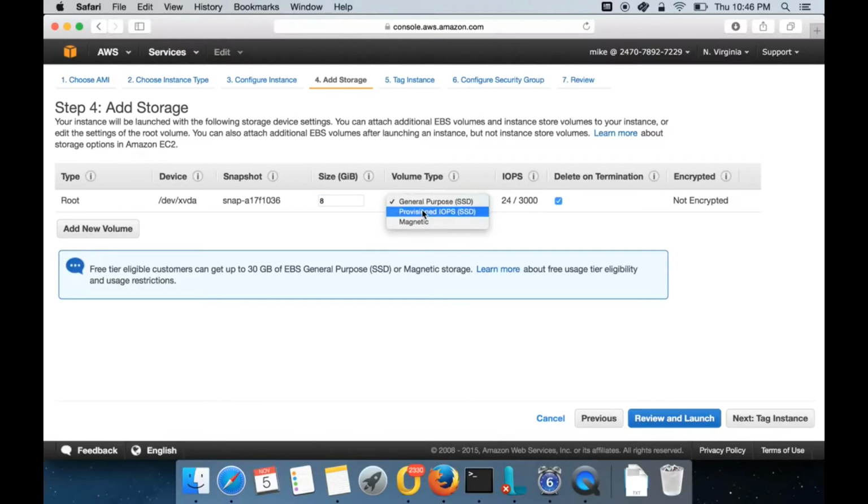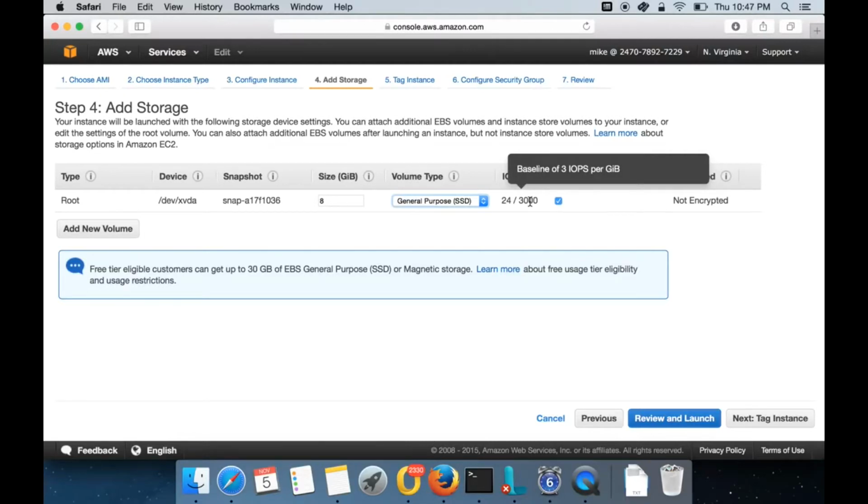You get general purpose, provisioned IOPS, magnetic is very low performance disk, general purpose is kind of medium performance. Basically in a general purpose SSD, for every GB you will get 3 IOPS. That's baseline. What does it mean? 3 IO per second. 3 reads and 3 writes per second is allowed per GB. So since I chose 8 GB, 8 multiplied by 3, 24 IOPS, 24 reads and writes I can